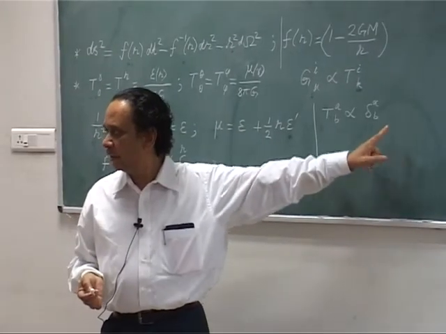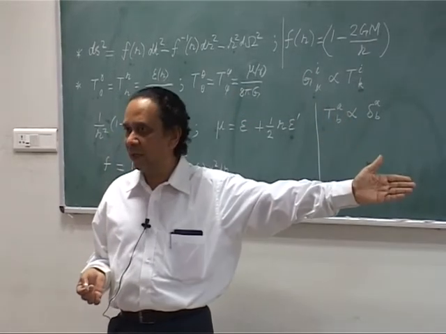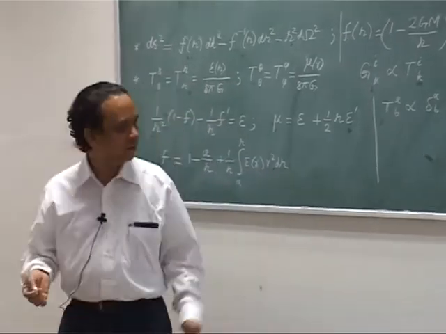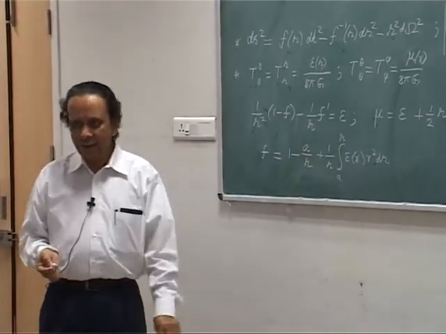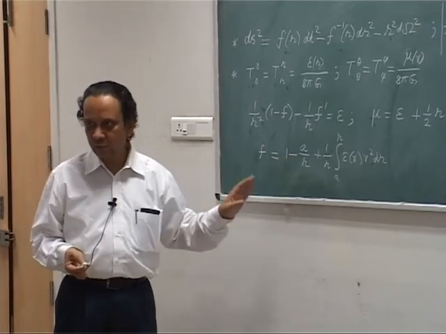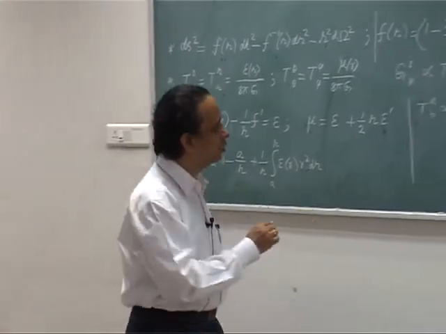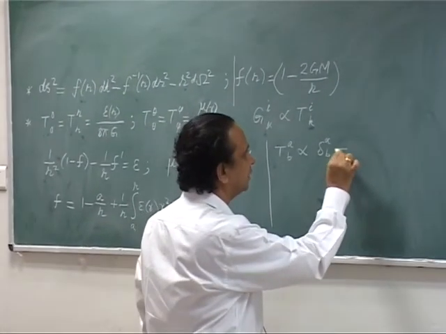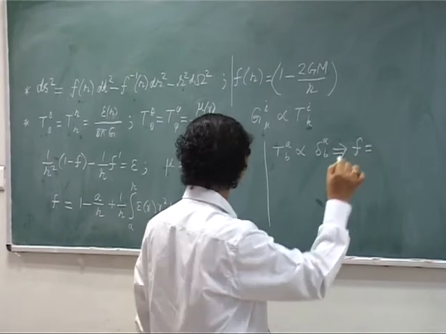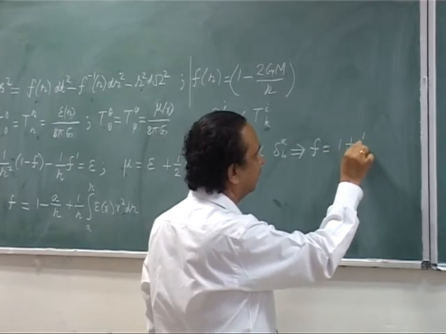That proportionality constant is epsilon upon 8 pi G, where epsilon is a constant. Now if epsilon is a constant, what is the solution to this? Of course we do not have any other mass for the moment, so let us take A to be 0, just set that integration constant to 0. Then the solution for F will turn out to be, we have taken A to be 0, so you have only 1 plus 1 by R,